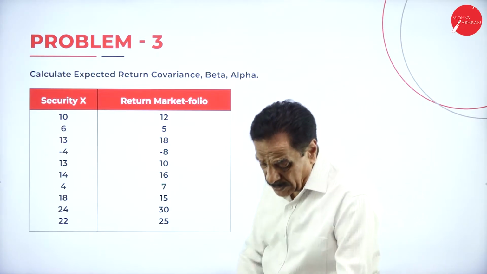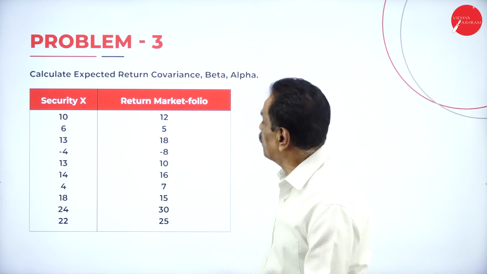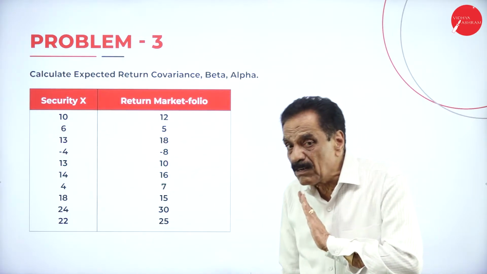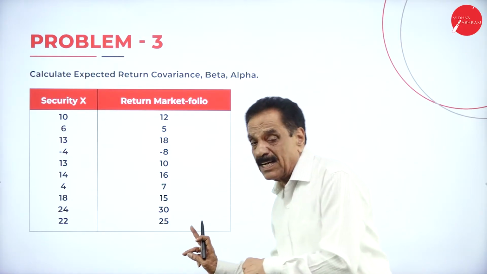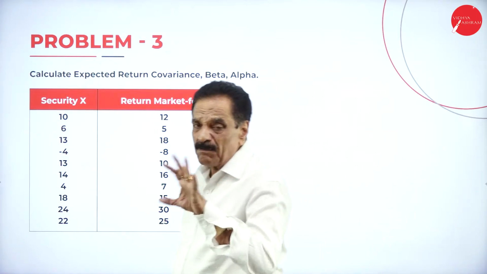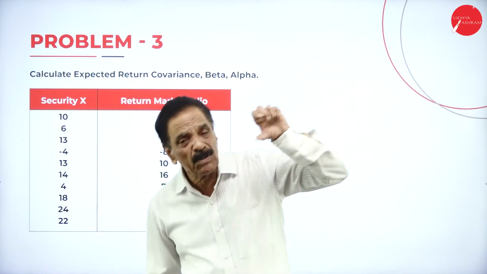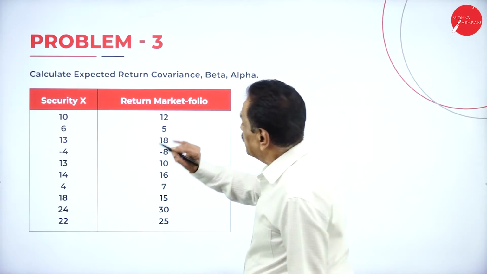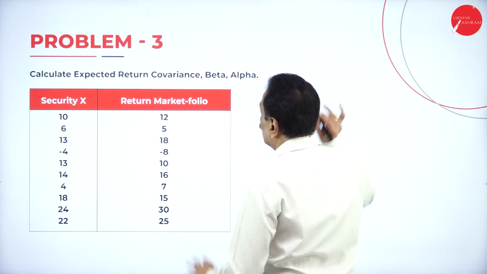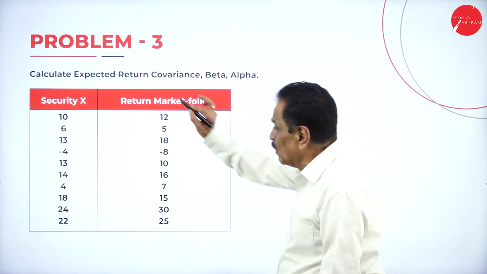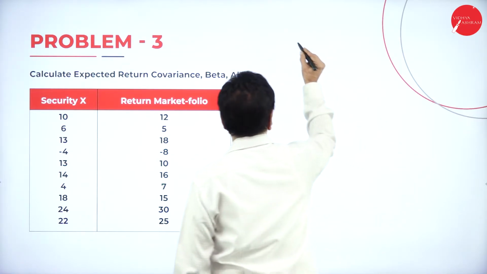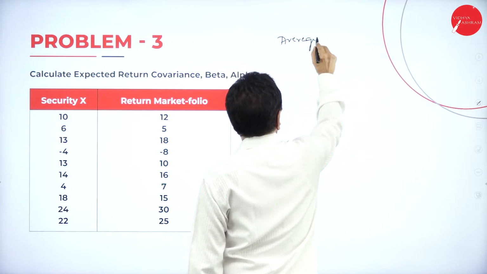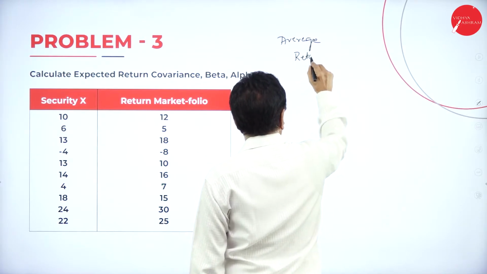What is beta? So here, before going to the problem, these are all individual numbers given. Here we are not taking the probability, individual numbers are given. It is called, when you say that it is post-dated, historical. So here, instead of expected return, we say average return. How to calculate? What are the calculations you have to make? One is expected return, which is considered as average return. What are the things to be calculated? Average return.